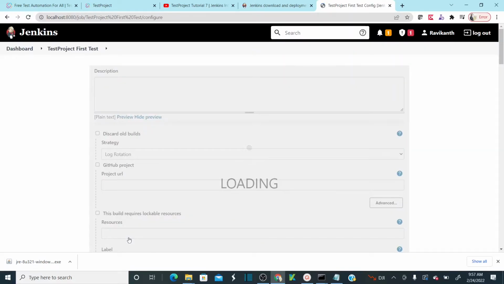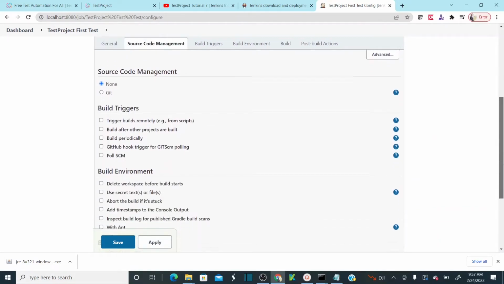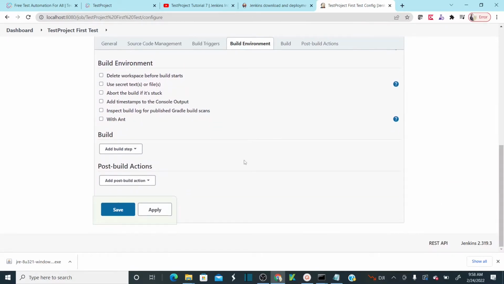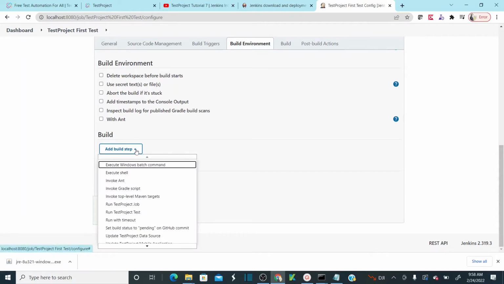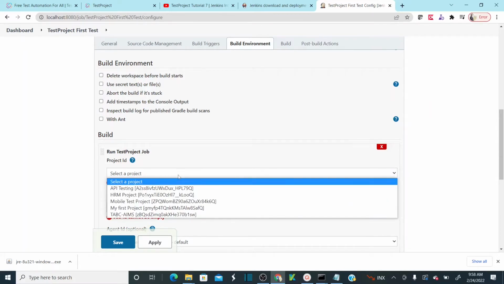So as soon as you click on OK, you can directly go to build triggers. A build. You need to select a build here. Okay, what is the build? I would like to use my run test project job here. Okay, select that, and here if you see, as we have already added the Jenkins plugin, it should retrieve all